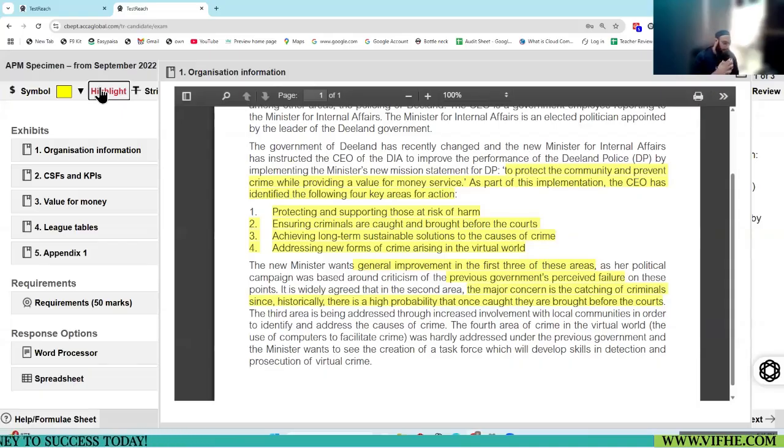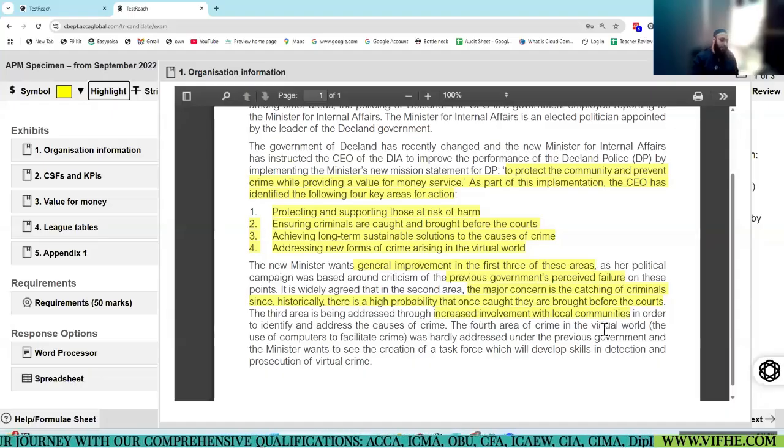Okay, the third area is being addressed through increased involvement with local communities in order to identify and address the cause of crime. So this is one more highlighted area they have identified in front of you. Okay.